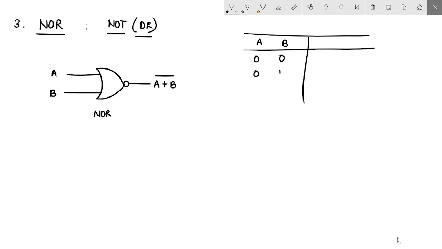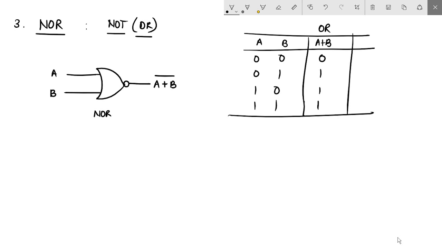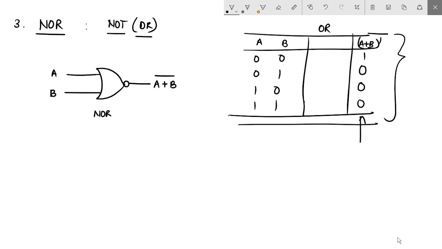Now, again, if I have two inputs and I know that OR operation looks like what? Just OR, right? OR would give me a value 1 if any one of them was 1. So except for here, everywhere else I have a 1. The complement of this would give me what? 1 0 0 0, meaning wherever you had a 0, its complement is 1. Wherever you had a 1, its complement is 0. Okay. So just ignore these values for now. This is how the truth table for a NOR gate looks like.